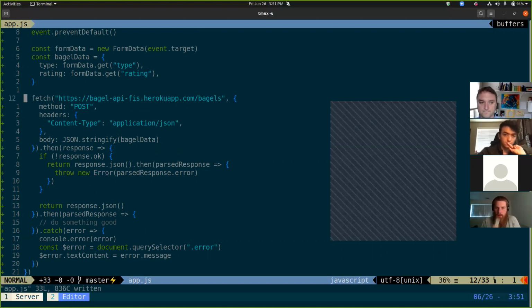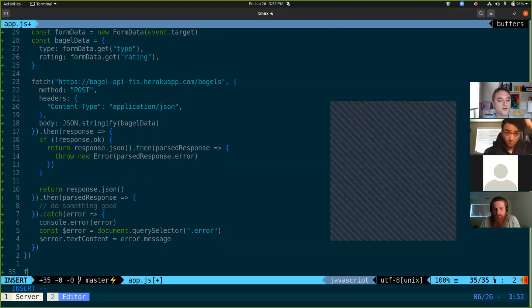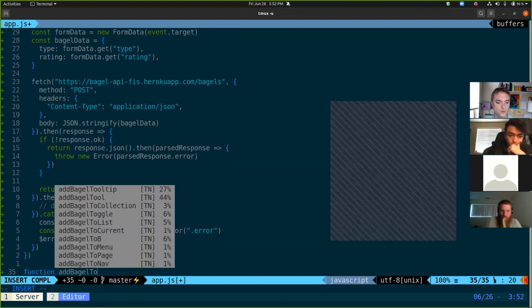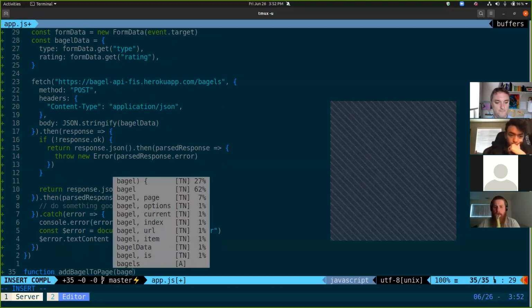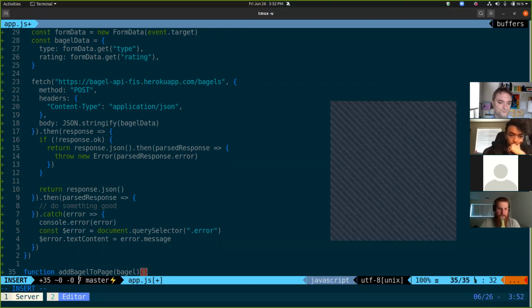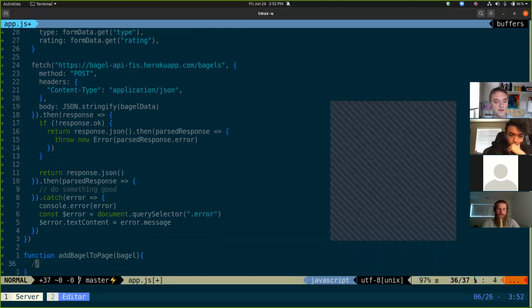Optimistic is immediate user response, and pessimistic is when it's actually registered and everything goes through and it's all peachy keen. Response. Correctamundo, baby. So let's say I have some function that just adds whatever the thing is to the page. Add bagel to page. And it does some stuff. If I'm doing it pessimistic,